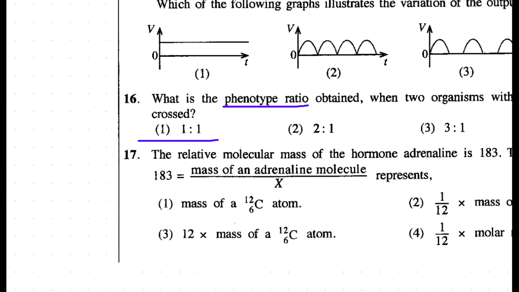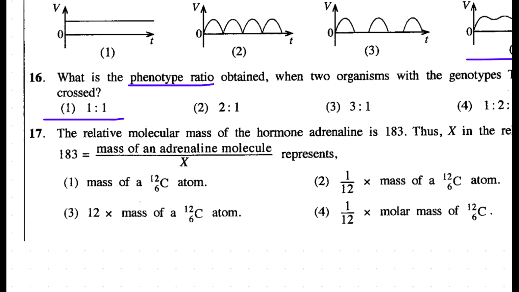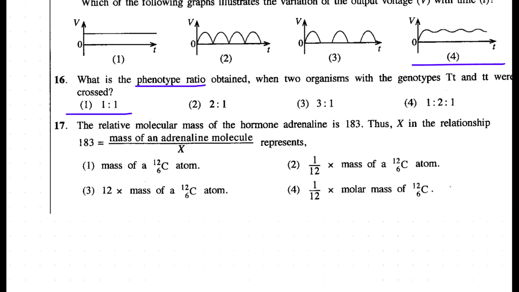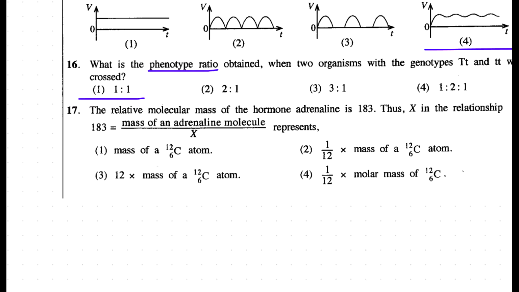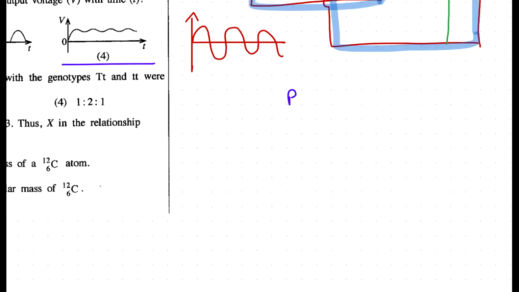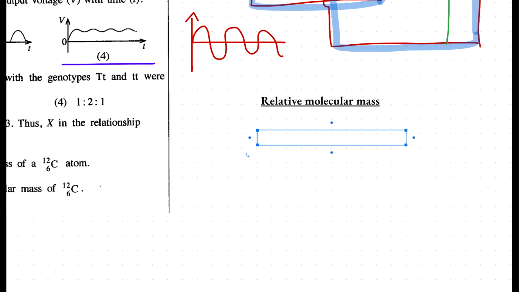Okay. The relative molecular mass of the hormone adrenaline is 183. Thus, X in the relationship. Relative molecular mass. Now, this question has some new things. So, relative molecular mass: I told you there are three different ways to find relative molecular mass. Method number one is: relative molecular mass equals the mass of the molecule